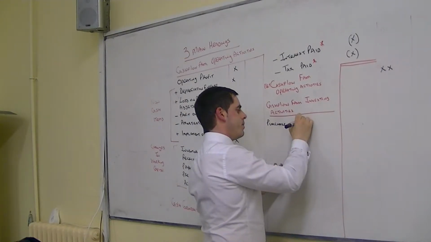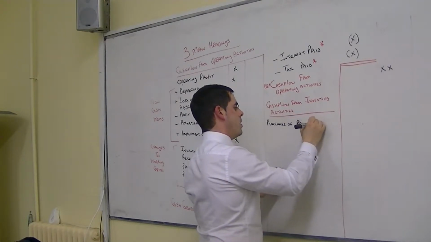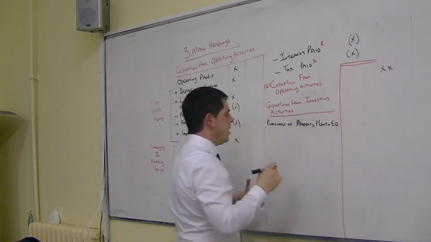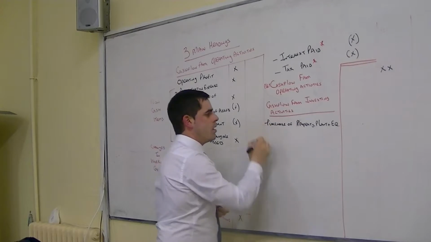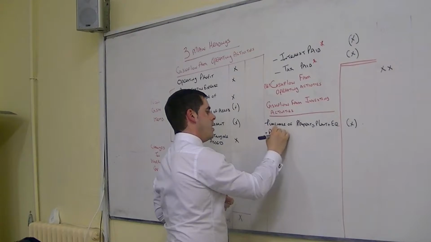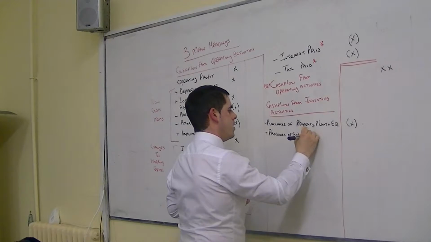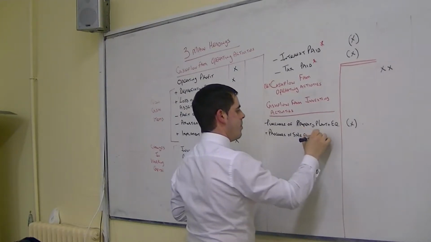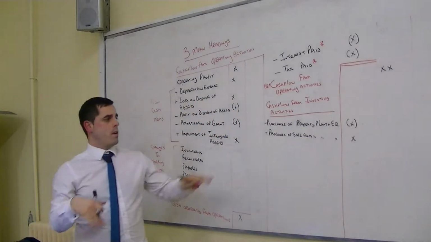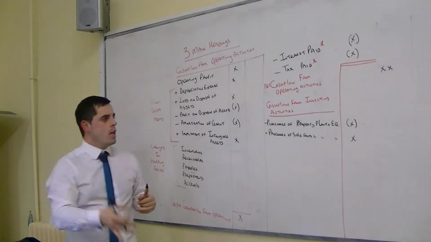Purchase of property, plant and equipment. So obviously it's going to be negative because you're buying it. And then what we'll have is proceeds from sale. Proceeds of sale from property, plant and equipment. So it's going to be an inflow. So we'll have an outflow of purchasing property and equipment, an inflow of how much you receive from it. Other things then,